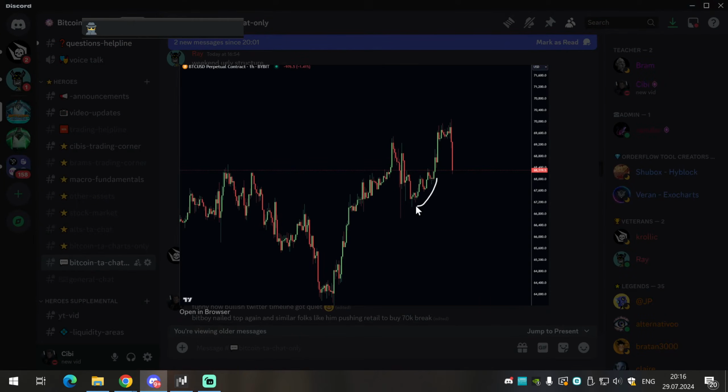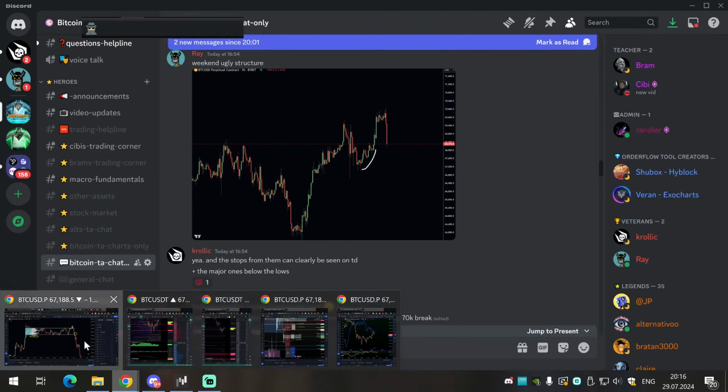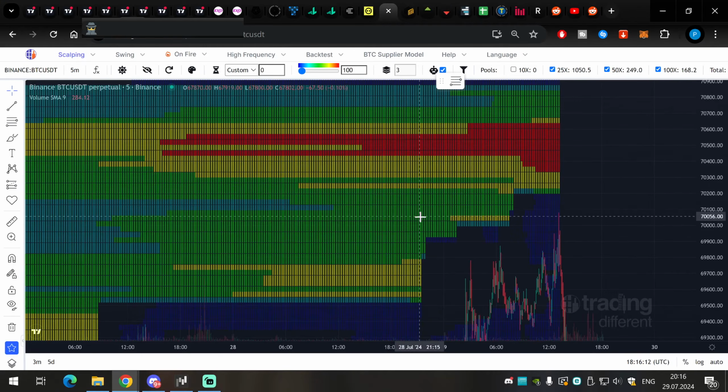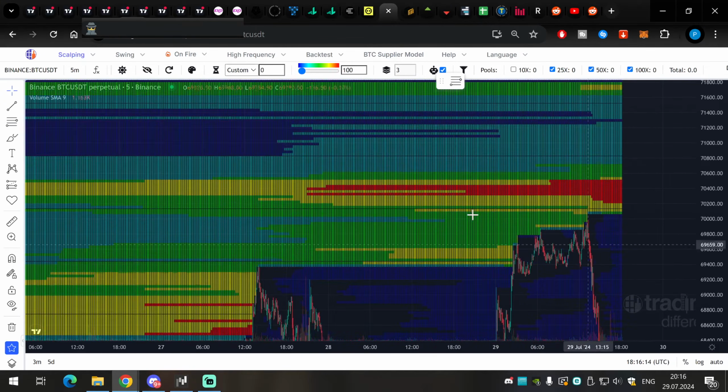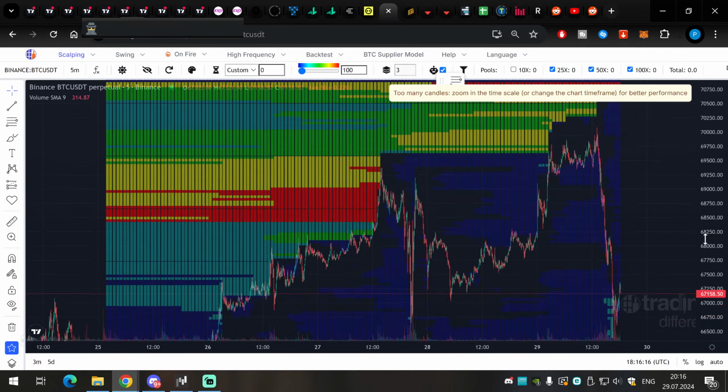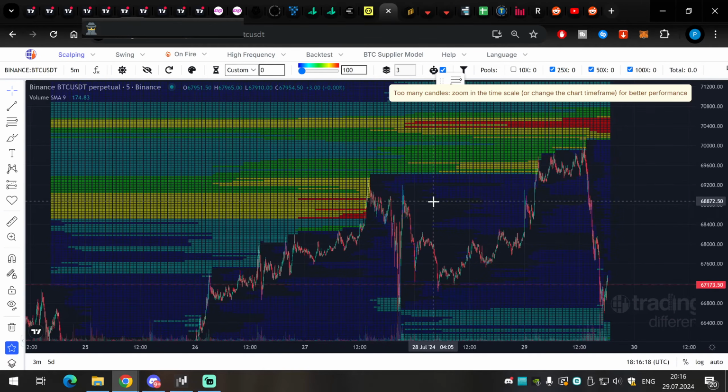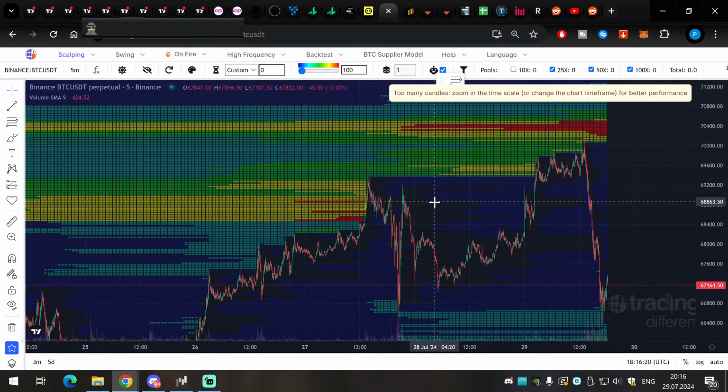One of our traders, Ray, was posting that we have current liquidity, so it's very easy for the market to take all these lows. This was the weekend. You know what it is about. People struggle to trade Mondays because Monday